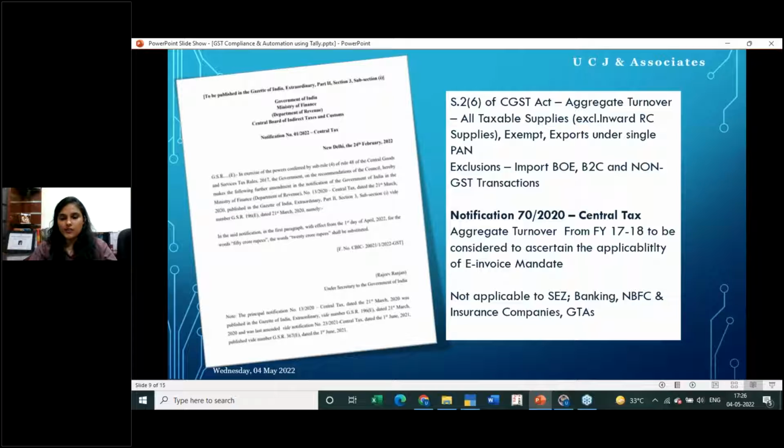Now, for example, in case of a GTA, it's not just GTA transactions that are exempted. It is also the case if they are providing some other services, like just doing loading and unloading services. Even those services will get exempted from E-invoicing. It's PAN, it's the entity and not the service or supply per se. So if the entity falls under the GTA category, and they do some other related service, even that related service is also exempted from